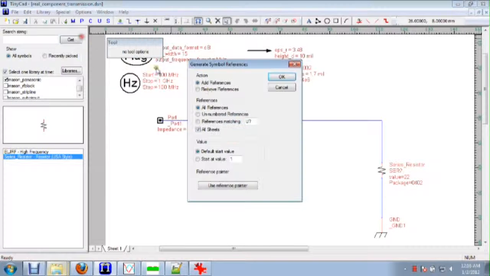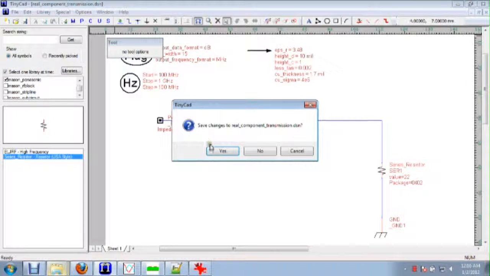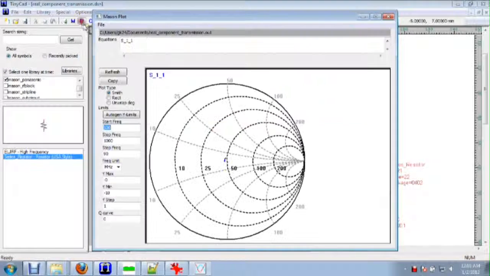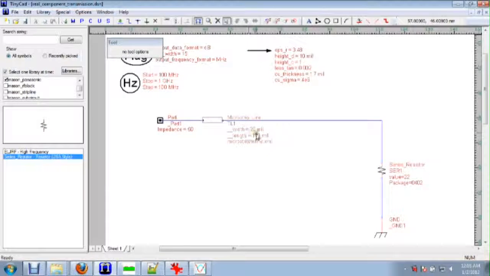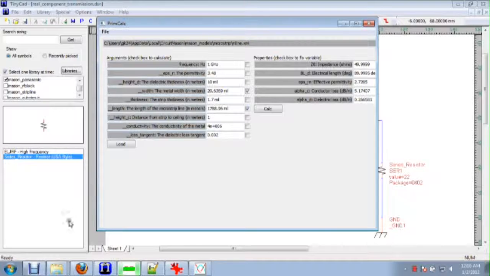So I'm going to generate my symbol references, and I'm going to run Mason now. So if I put up a plot, I see that I have a pretty good match across here. By default, I tend to have 50 ohm structures, but what I'd really like to do is calculate what the exact width is for 50 ohms, and while I'm at it, I'm going to figure out what the length is for 90 degrees. So I'm going to pull up PrimCalc. You can get to PrimCalc through the Start menu like you do for Circuit Mason, and